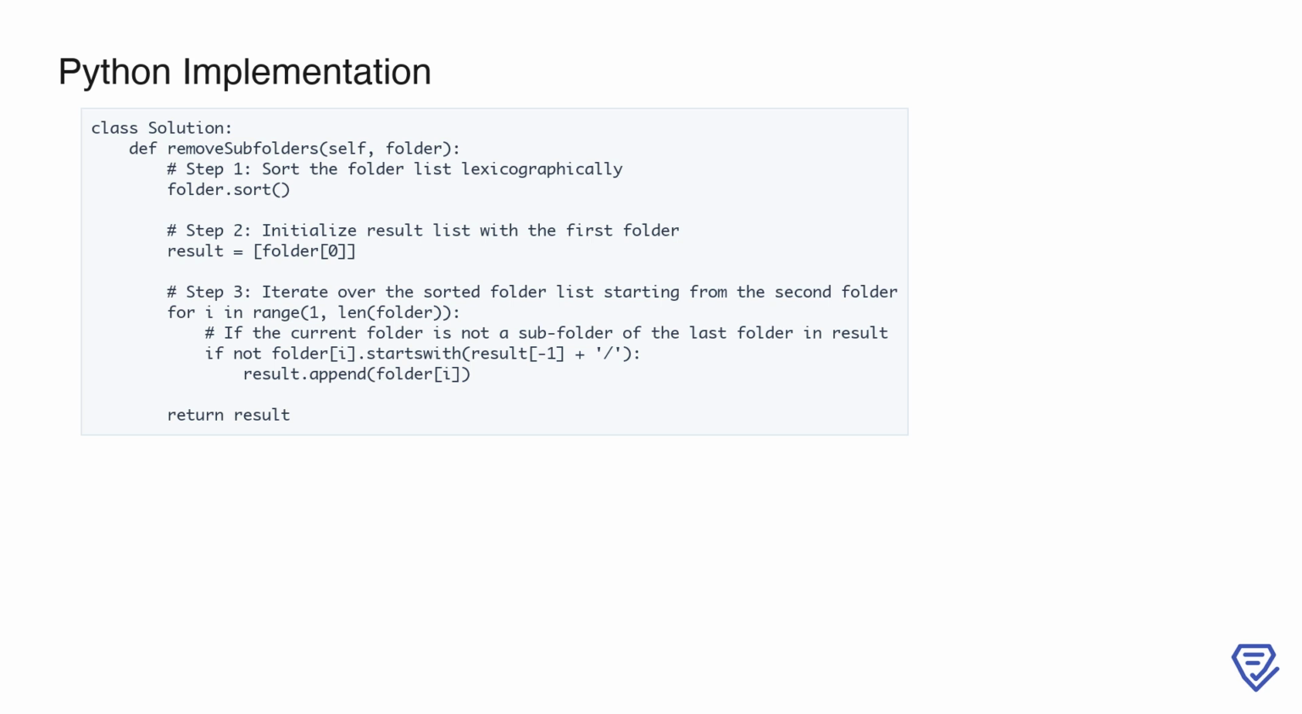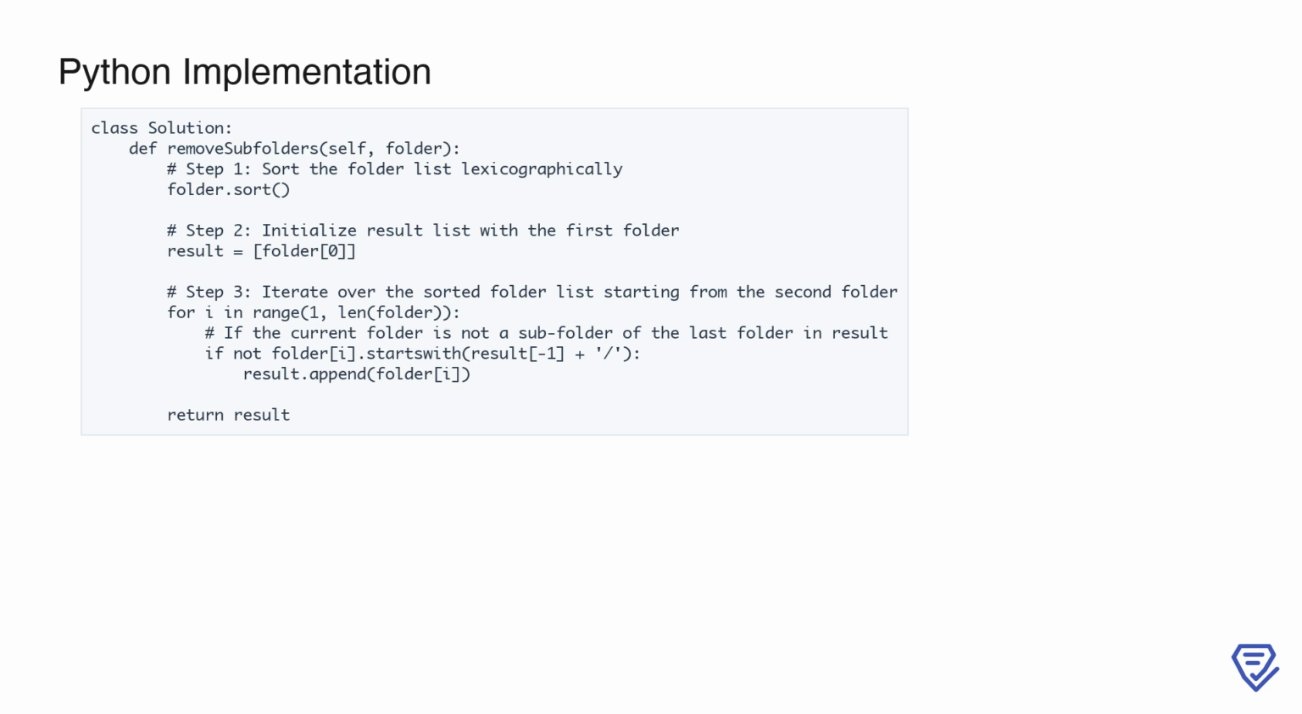4. Appending non-subfolders. If the current folder is not a subfolder, it is added to the result list. This ensures that only top-level folders are retained. 5. Returning the result. After processing all folders, the result list contains only parent folders, with all subfolders removed. The algorithm is efficient with a time complexity of O(n*log n) due to the sorting step, followed by a single linear pass through the folders. This makes it suitable for larger input sizes within the constraints of the problem. The solution is concise, leverages Python's built-in string operations, and handles edge cases such as empty input or no subfolder